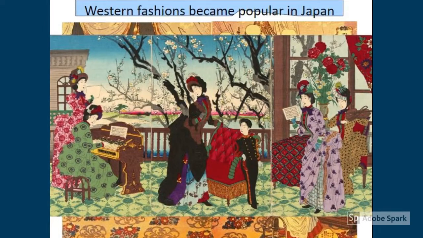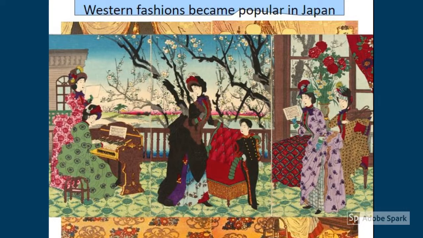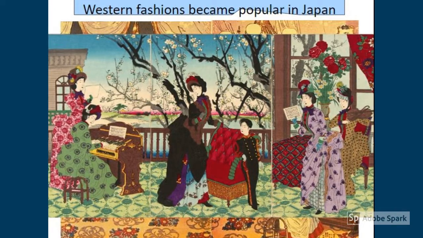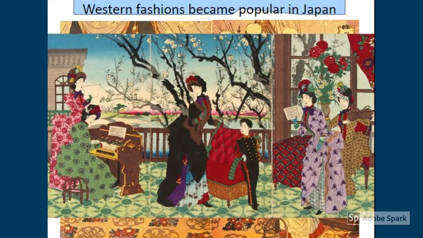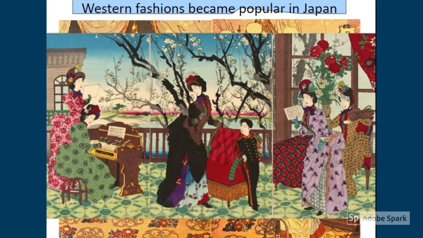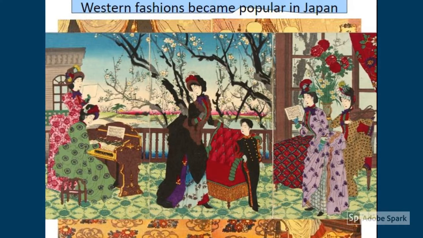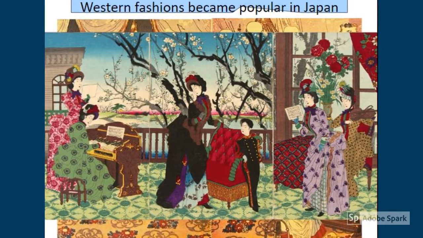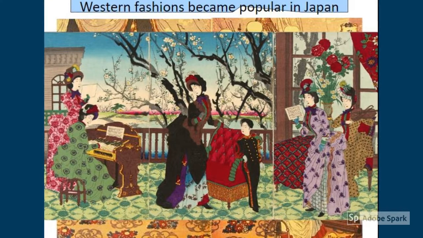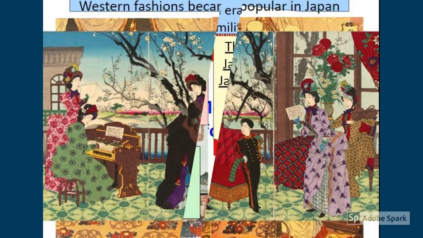You even start to see cultural changes occurring along with the technology changes. Western fashion begins to become popular in Japan. I think this painting is so interesting. It's a great example of how cultures take ideas from each other while still keeping their own identity. You see the traditional Japanese cherry blossoms and the artistic style in the painting, while it shows its Western influence in their dress. The ladies look like they just stepped out of Edwardian England.